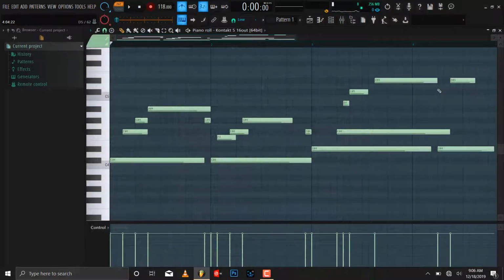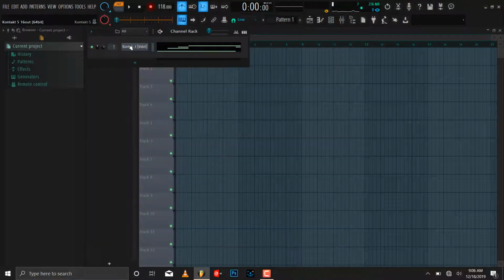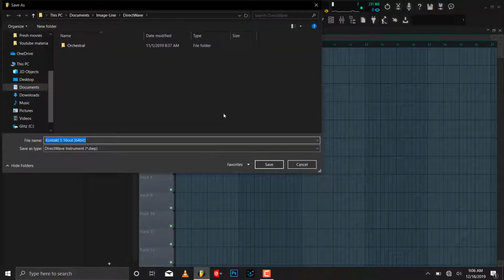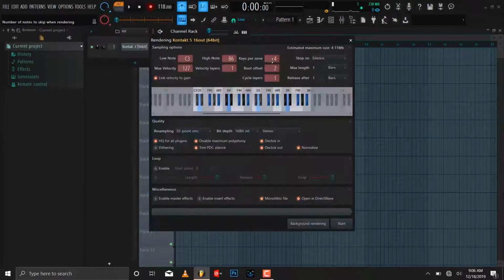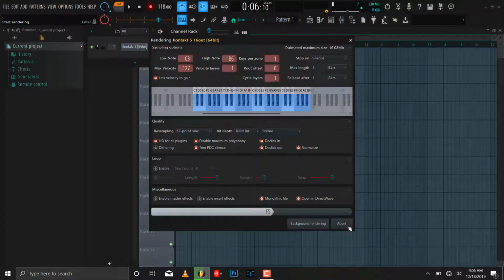So we have that in place. The simple trick is you come right here, you right click, then you create DIRECTWAVE instrument. Then you set the folder you'd like it to be saved to. You'd really want to set this keys per zone to 1. That way all the sound for all the notes around that region would be saved,